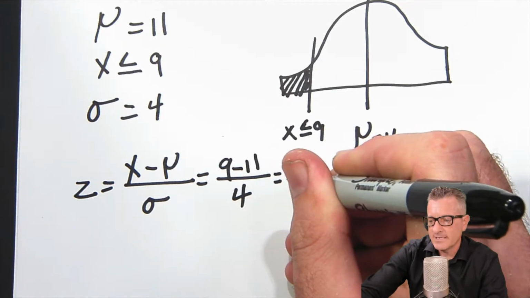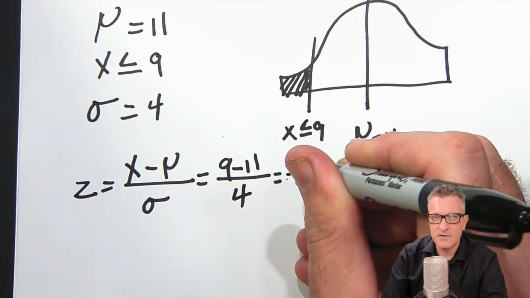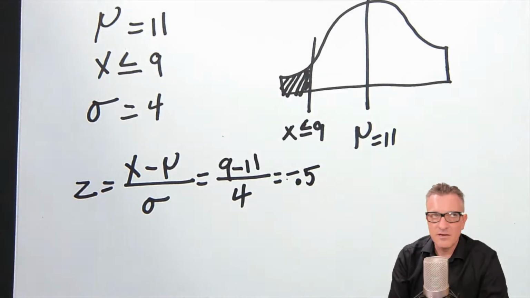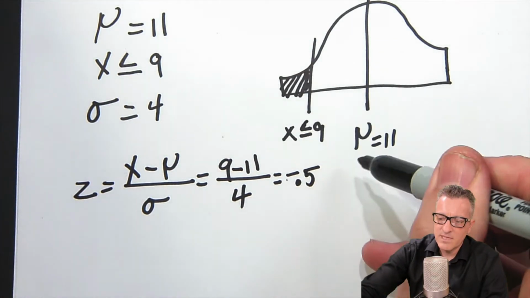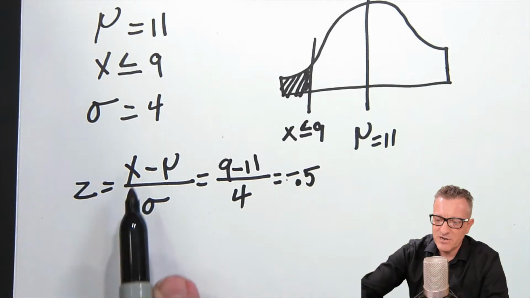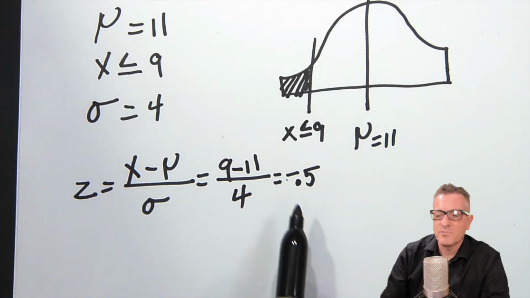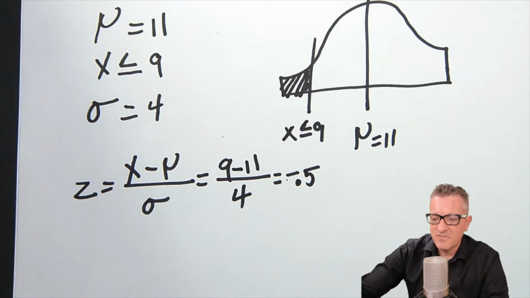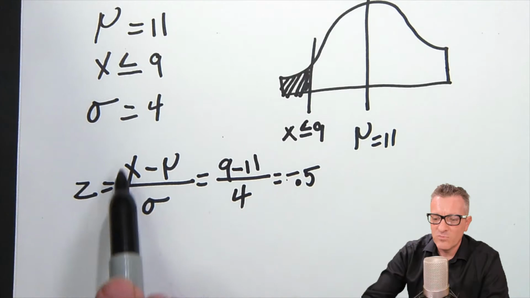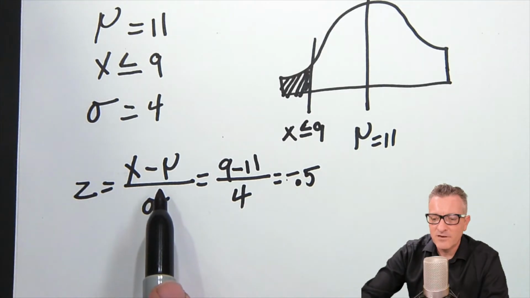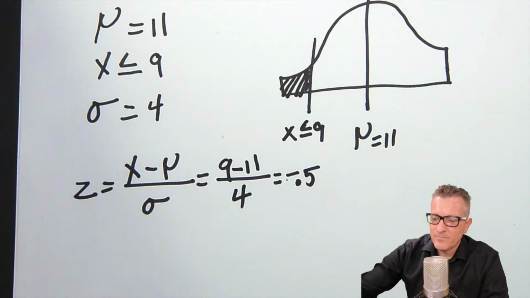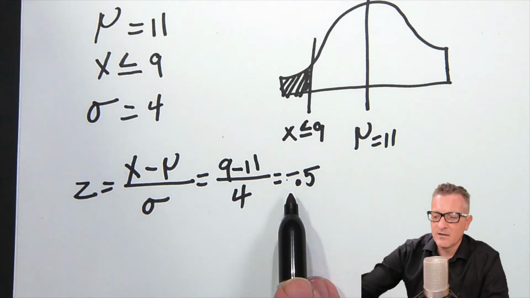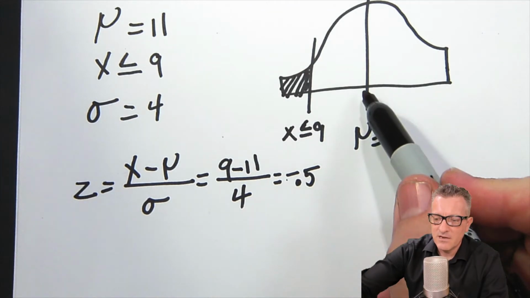Now, when it's negative 0.5, can we find a negative 0.5 on the table? Well, not on my table. So the negative just tells us that we are on the left-hand side of mu, because when you have this subtraction right here, you're going to end up with negative values or positive values. That's just the way it goes. If the numerator ends up being negative, you're going to have a negative result in your fraction. So think of the negative as an indicator for whether you are on the left-hand side or right-hand side.